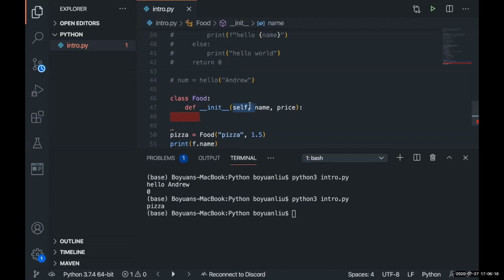Because basically you cannot access name if you have different method essentially. But we say something like this, so we can say define init self name price, and then in here we could say something like this: self.name equals to name,